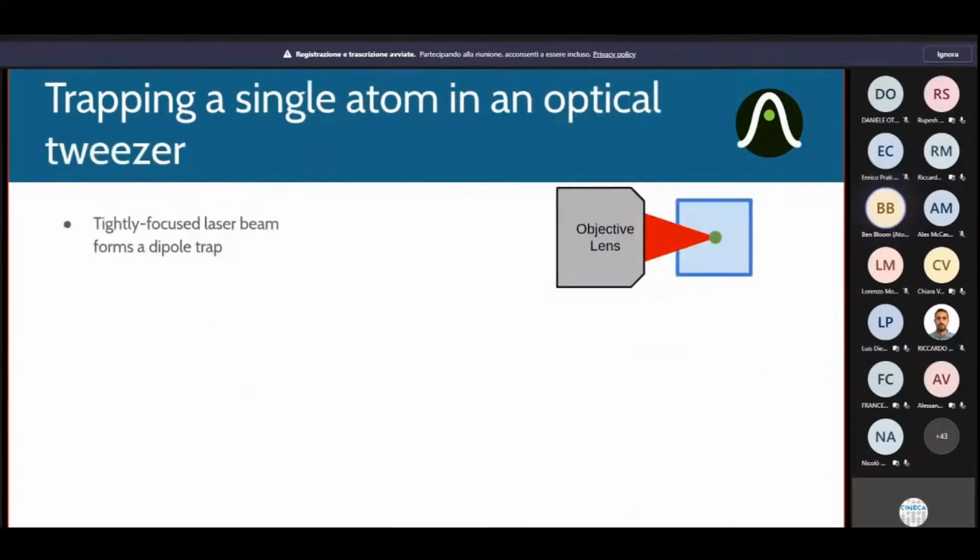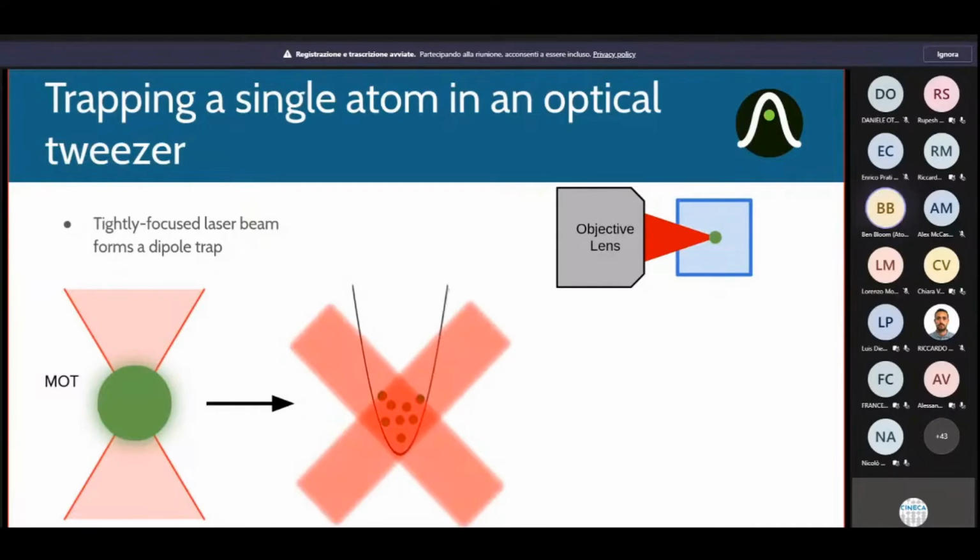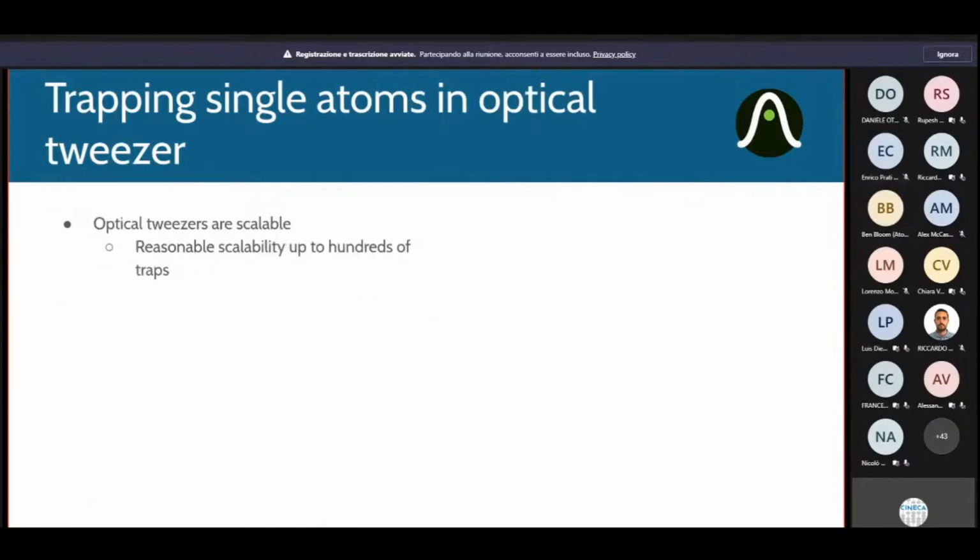So how do you go from a situation where you have millions of cold atoms that you're interested in using as qubits to actually having a single atom? Well, you can actually do this with dipole trapping. You take an objective, like a microscope objective, and you focus it down really, really tightly. And when you do that, you can overlap it with your reservoir. You can fill that dipole trap with many atoms. You can shine on some laser light, which essentially accesses almost like a photoassociation resonance, where you actually are creating molecules that get kicked out of the trap, and you're left with 1 or 0 atoms.